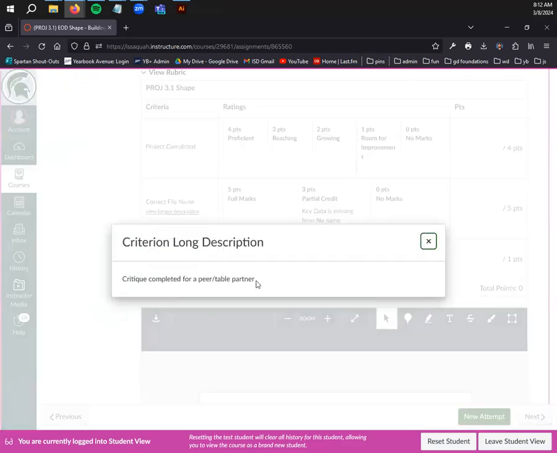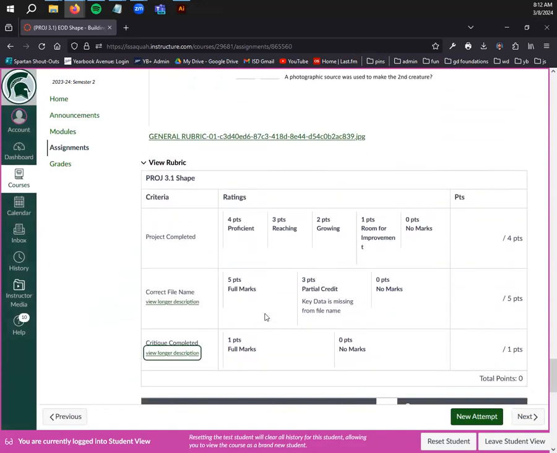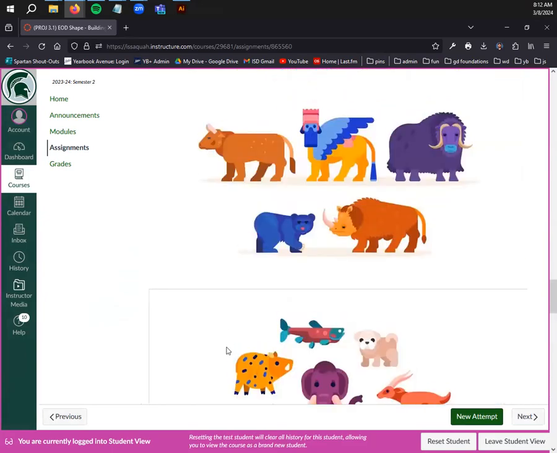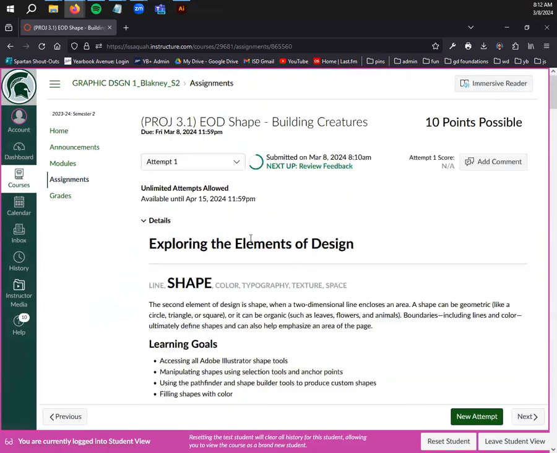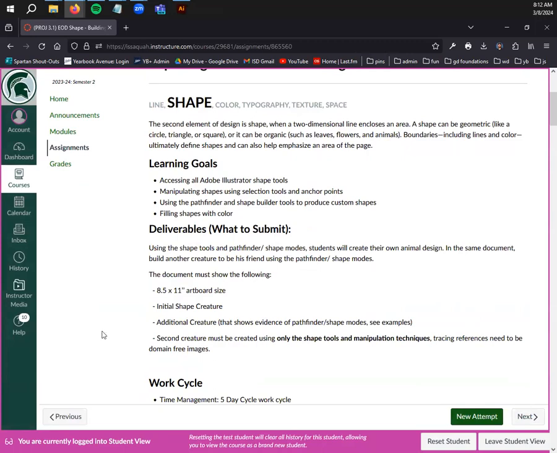And then if you go into the critique completed, you showed off your design, they showed off their design, and you guys had a little conversation about how it could improve. Does all this make sense? Okay, so the rest of this time is yours to start with the critiques, so you have something to work towards for the rest of the day if you need to make any changes, or if you're ready to submit, or get ready to submit by the end of today at midnight, because this is the last in-class workday for the shape building creatures. Does anybody have any questions? Okay, cool. Thank you guys for listening. That's all I needed to show you.